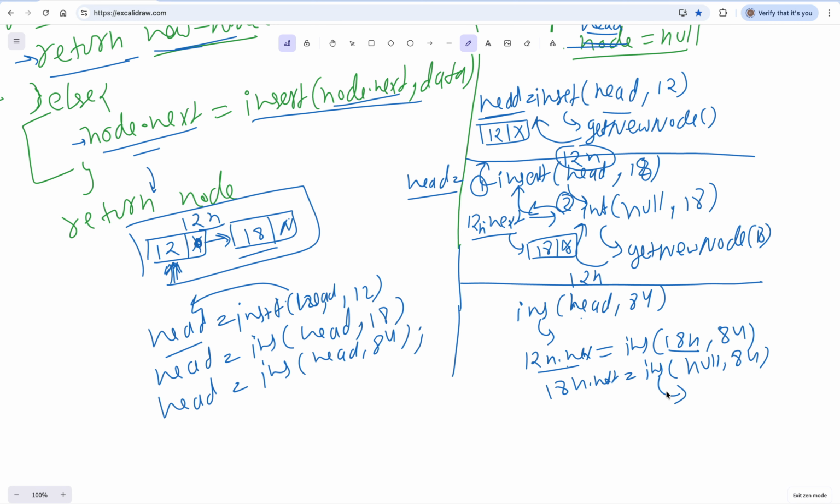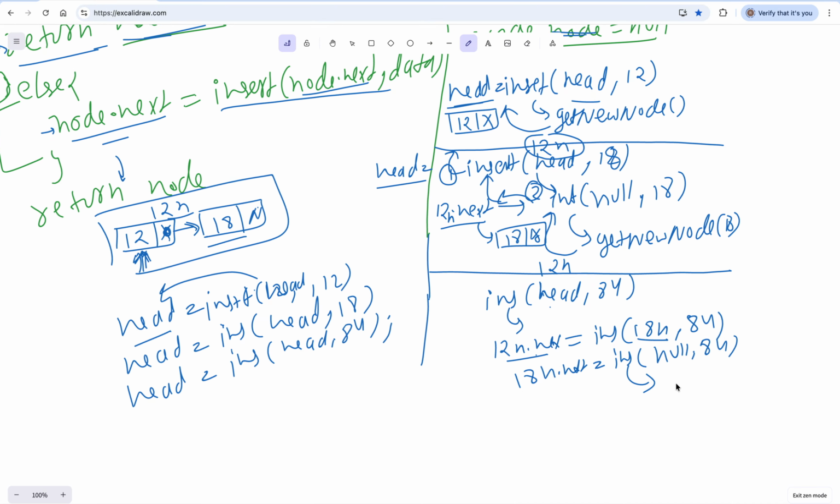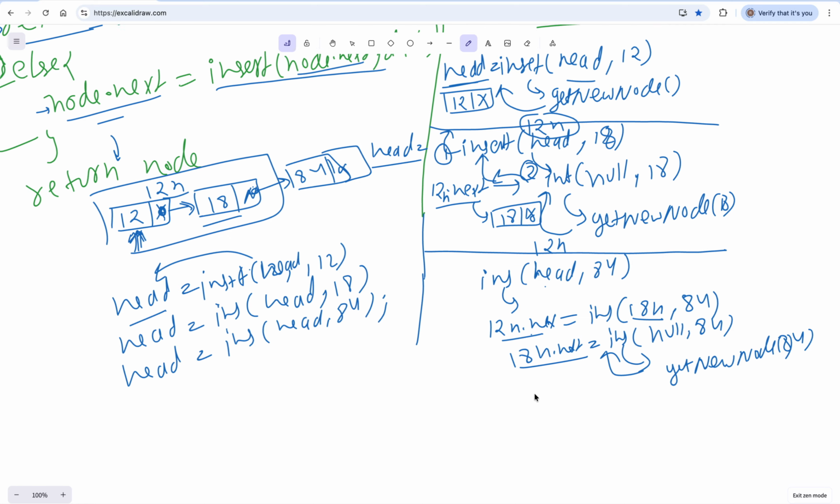Now as soon as it became null, we are returning a new node. So it will return get new node to you with the 84, and this will return you the new node. Now 18 node dot next will be pointing to the 84 and here it will be null, right? Okay, so this is how it is happening.